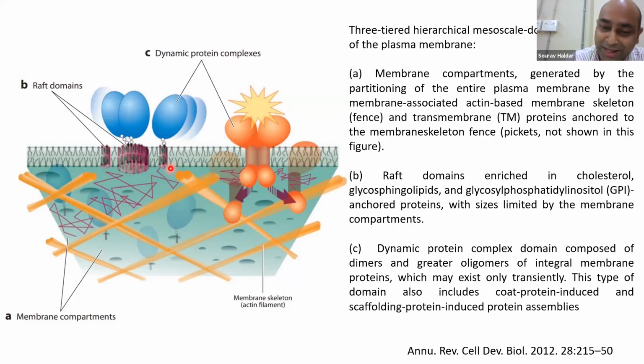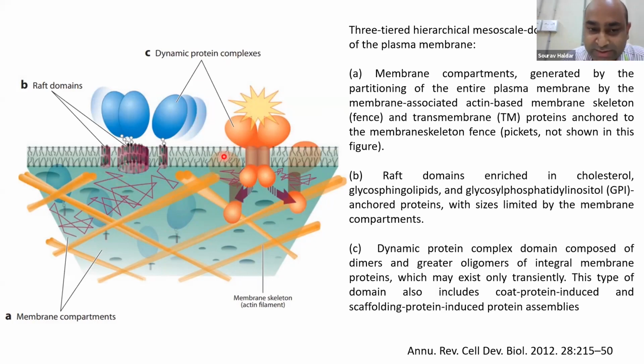Now these two assumptions were not held true based on the subsequent discoveries. So what Kusumi and others devised was a technique called single particle tracking, where they could actually monitor the diffusion of a single molecule, be it a lipid or a protein, in a plane of bilayer over a wide range of spatiotemporal scales. Right? See, this ability was obviously not there in 1972, but this ability was there in 2012. That's why Kusumi and others could do that experiment.